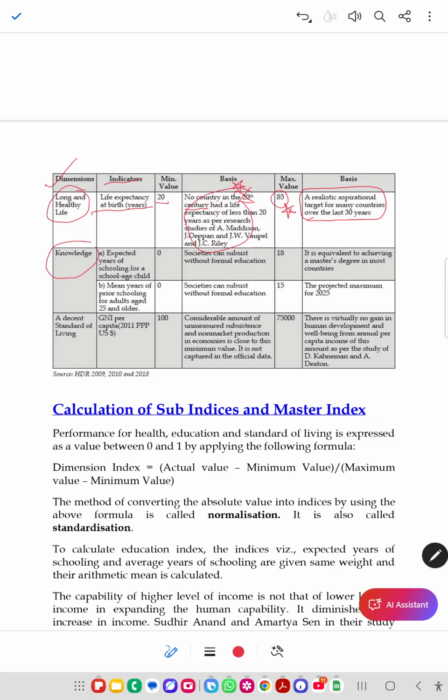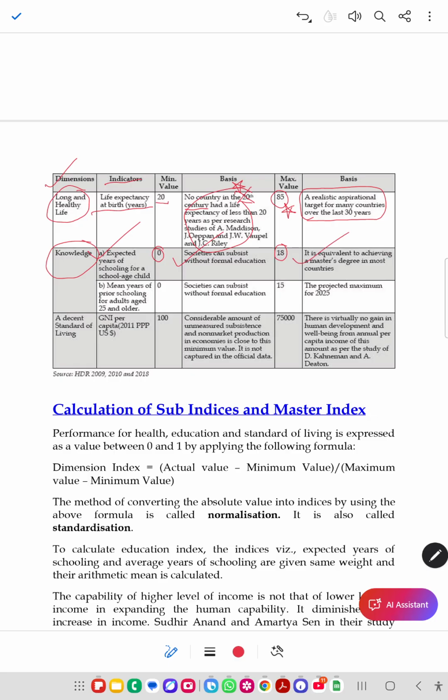Now, second dimension is knowledge. Indicator is expected years of schooling for a school-age child. Its minimum value is 0, maximum value is 18. So, what is the basis of 0? Societies can sustain without formal education. And the basis of why maximum is 18: it is equivalent to achieving a master's degree